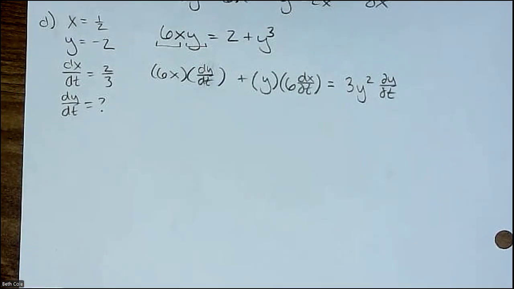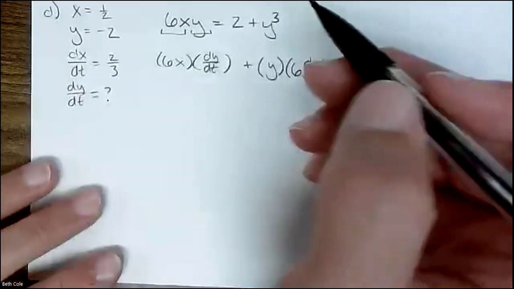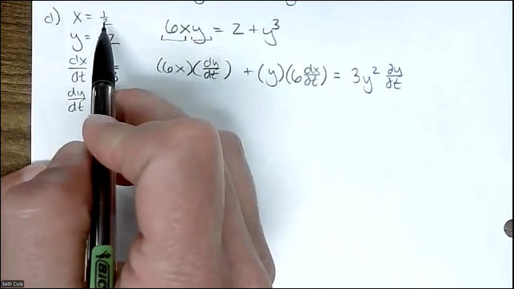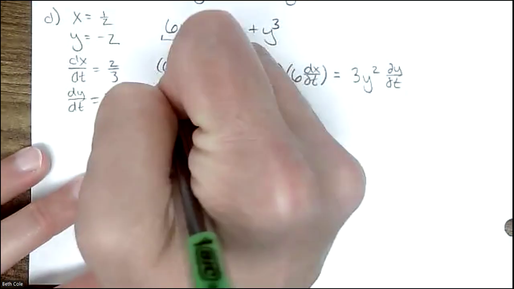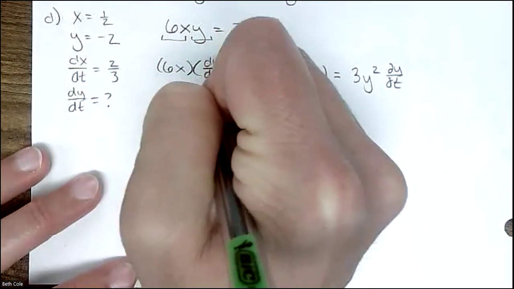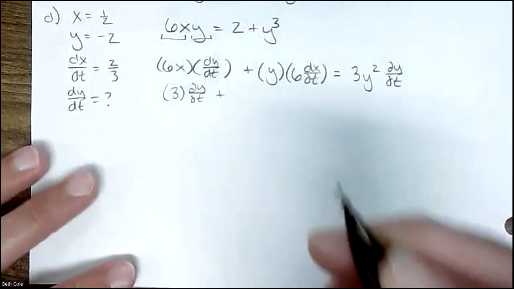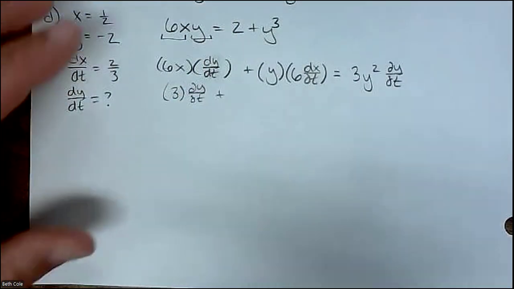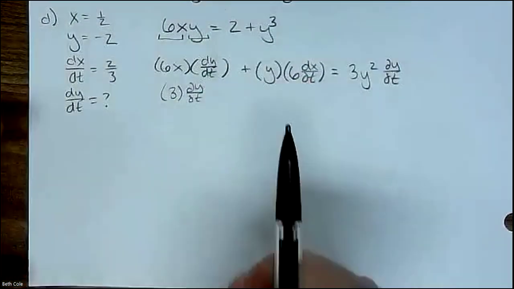Do you see how part A and part D are almost the same thing? But one is y with respect to x, and the other is both variables with respect to time. I don't even think we're missing anything. I think you can just plug all this in. What was x? A half. So half of 6 is 3 dy/dt, which is what we're looking for. So just leave that in there. Plus, actually, it's going to be minus, sorry, because y is